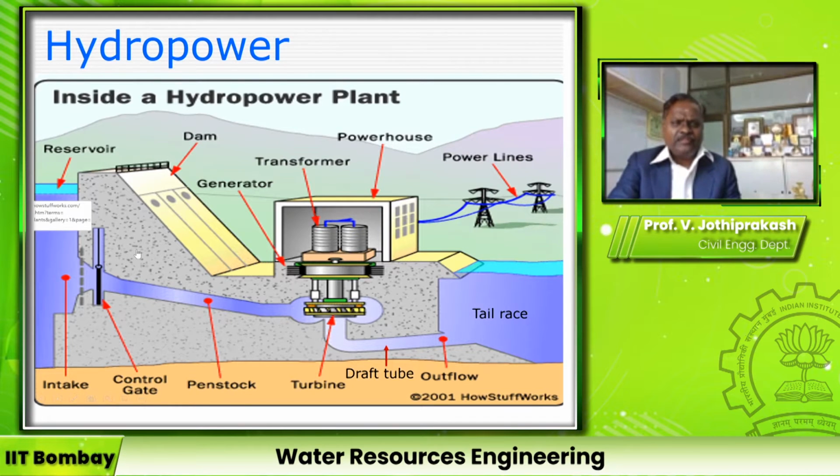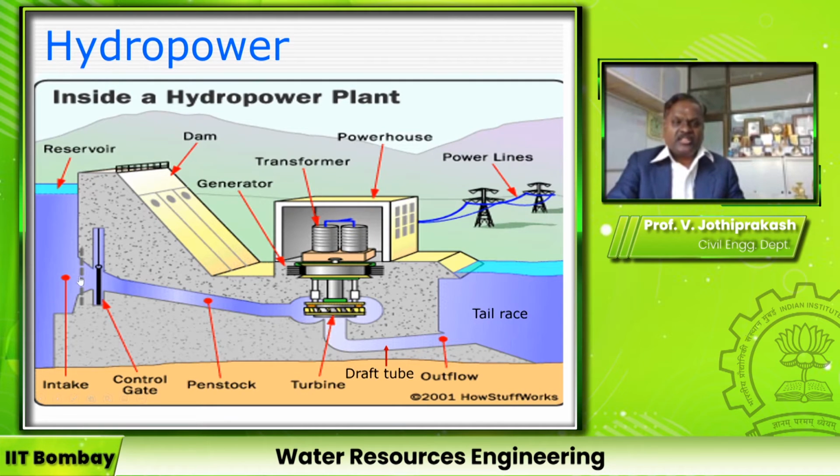We have all seen this dam, and then they created a reservoir. When the height of the water created in the reservoir is very large, we construct a special size of pipe with a control gate called a penstock. Penstocks are huge hydroelectric water carrying pipes which carry water from the dam reservoir to the turbine house. And the structure which is specially constructed to take the water from the reservoir is called the intake structure.